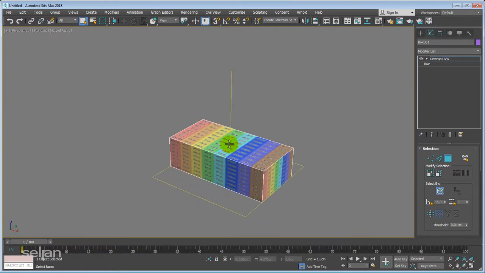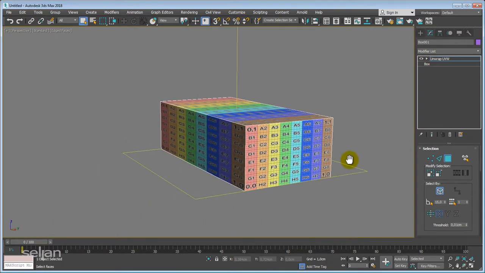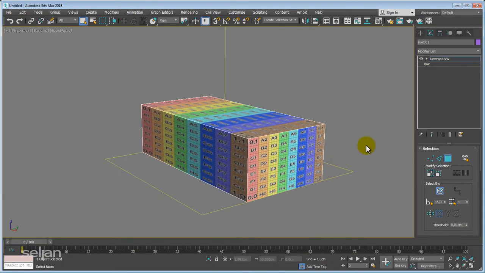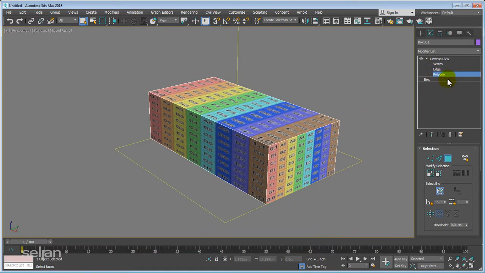So this is the surface normal that's standing on this projection plane. As normally, with many modifiers and many editable objects, we have sub-objects here as well. So when you click on the arrow triangle here, you can roll out, and now instantly you're ready to rock